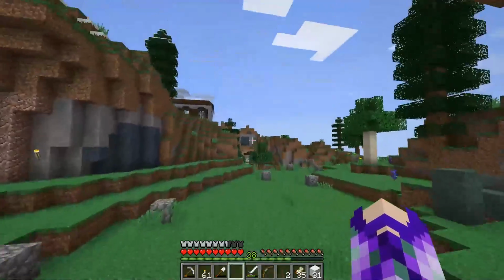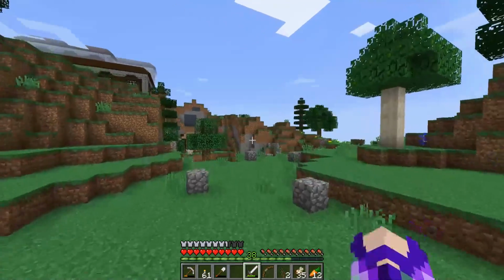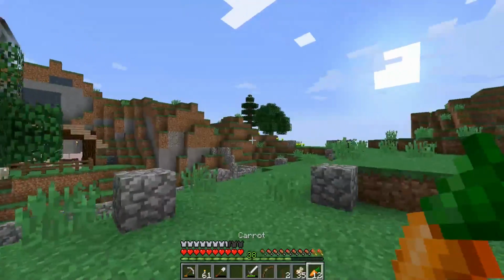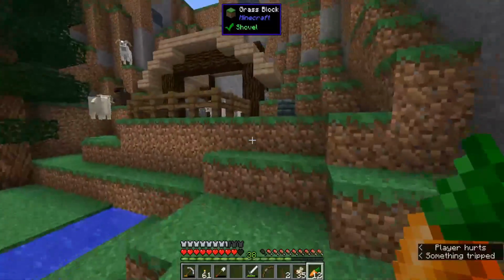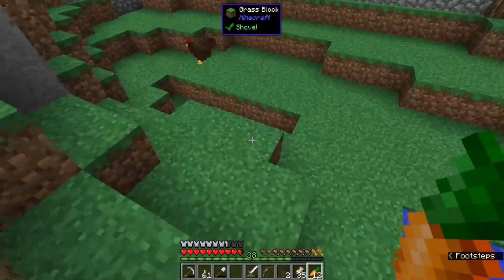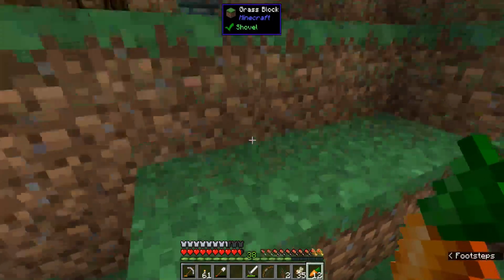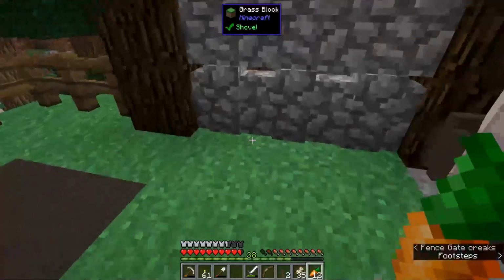So, this is pretty easy to maintain these animals so far. It only takes 3 of the food crop to fill the trough with food, and they will drink out of an infinite water source, but it needs to be a big enough infinite water source to refill itself if it's not, like...